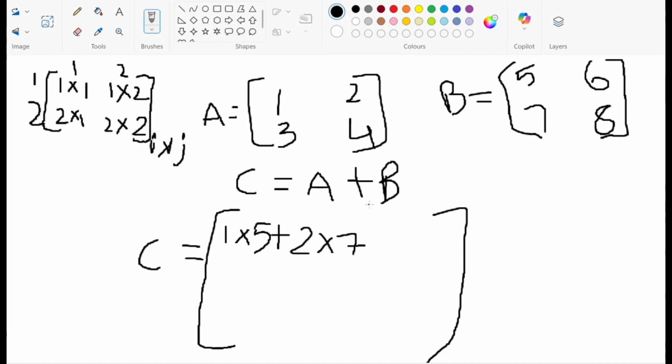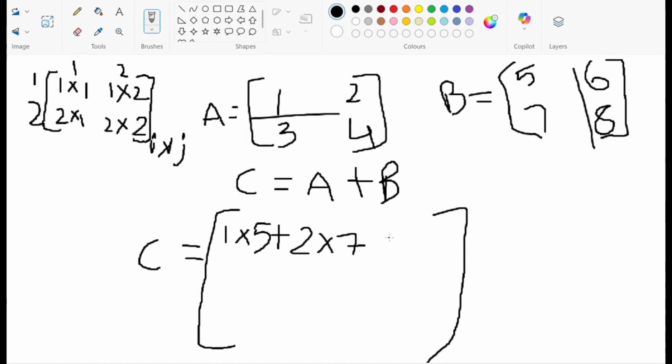Here, first row and first column: 1 into 5 plus 2 into 7, and similarly this row and this column,